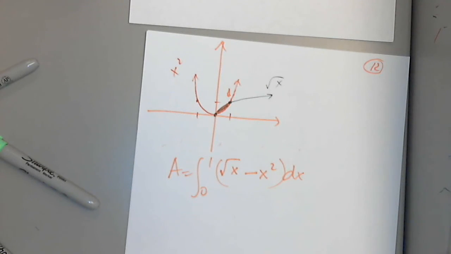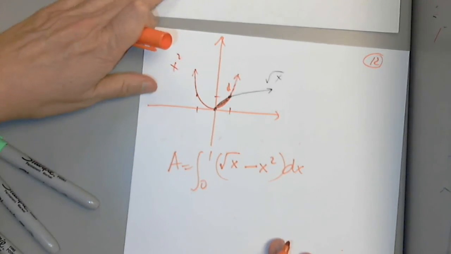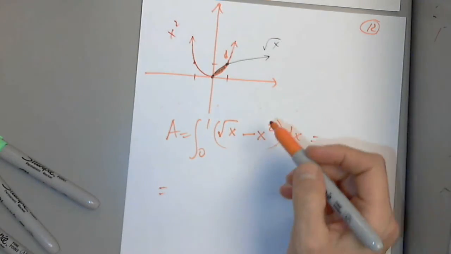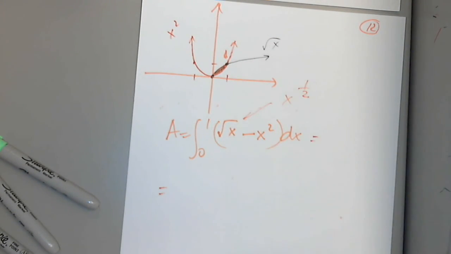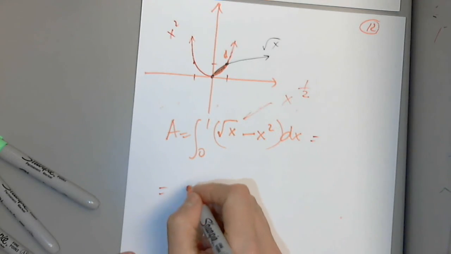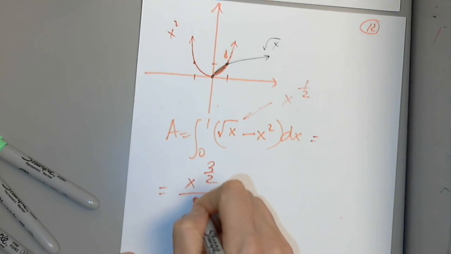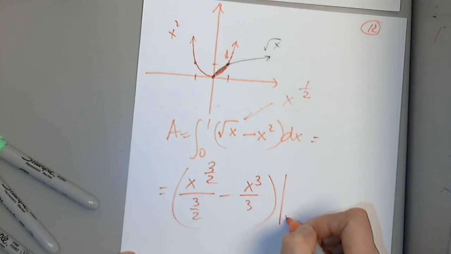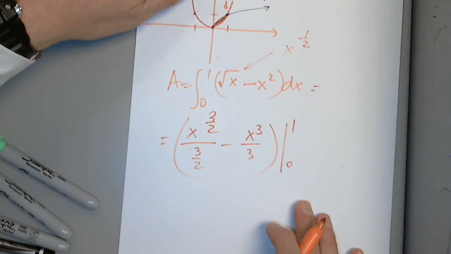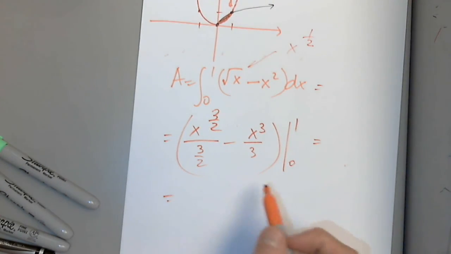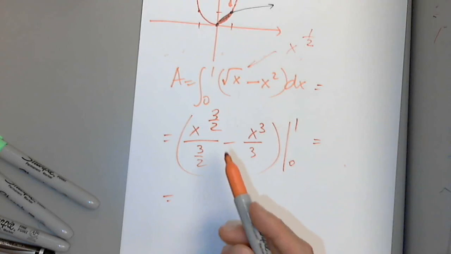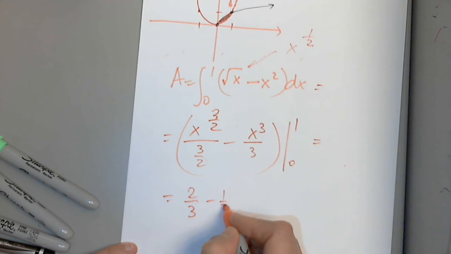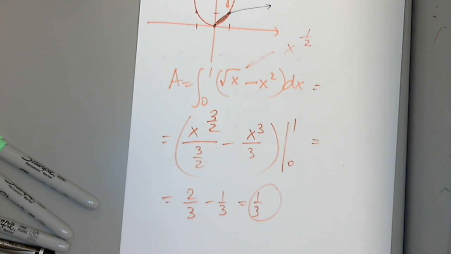Now, if you get a negative answer, then you know you don't have it in the correct order. Good. So we know the antiderivative of the square root of x because this is x to the 1/2. I increase the power and divide by the same number. x to 3/2 over 3/2 minus x cubed over 3 from 0 to 1. All I have to do is just plug in 1 and flip 2/3. So 2/3 minus 1/3 equals 1/3. So the area under the graph, I'm sorry,